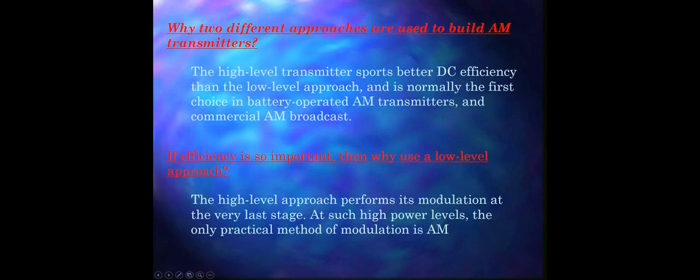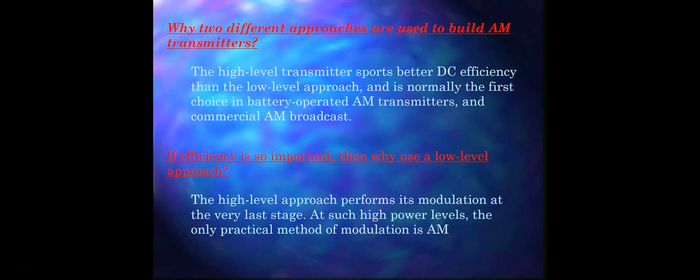Now here we see two different approaches used to build AM transmitters. The high level transmitter sports better DC efficiency than the low level approach and is normally the first choice in battery operated AM transmitters and commercial AM broadcasts. This is because the high level transmitter is able to use class C radio frequency power amplifiers, which are usually more efficient than the class A or class B radio frequency amplifiers, which require